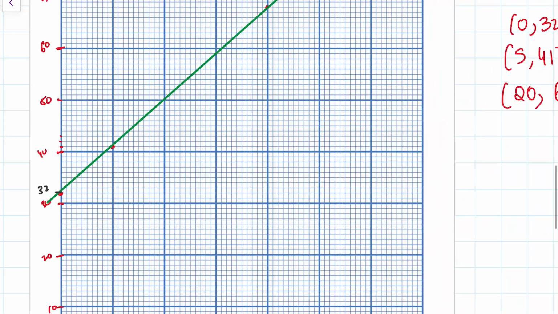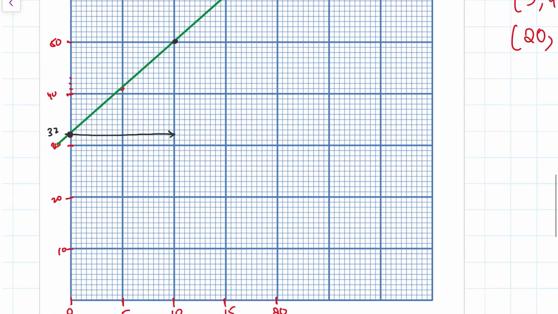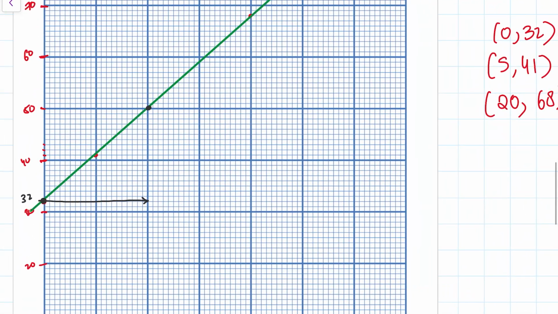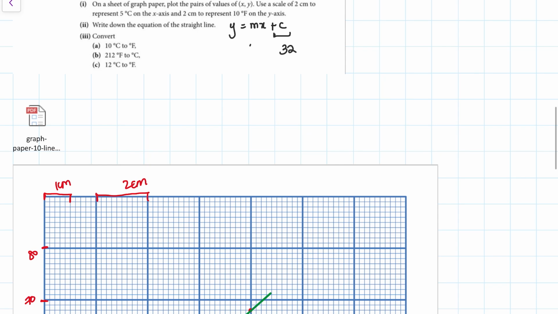Let's find the rise upon run. So this is 1 point and let's take this as my another point. So how much we are running? We're running 10 units because 2 boxes represents 10 units. And how much are we going up? 10 plus 8 is 18 units. So rise upon run, 2 times 9, 2 times 5. So it becomes 9 upon 5x.